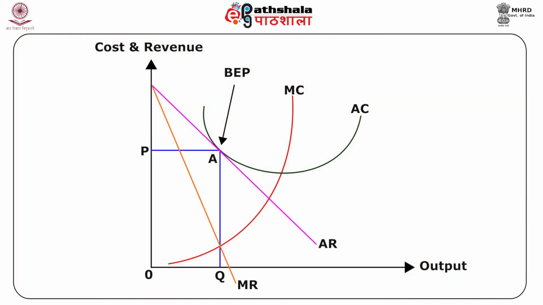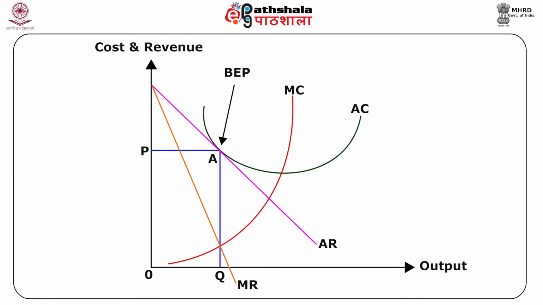In the short run, a monopoly firm can earn supernormal profits, normal profits or incur a loss. But in the long run, it will not incur loss and it may even earn supernormal profits or at least normal profits. In figure 7 above, the equilibrium quantity is at Q, where the MR is equal to MC, and according to the AR and AC approach, break-even point is at A, where TR is equal to TC or AR